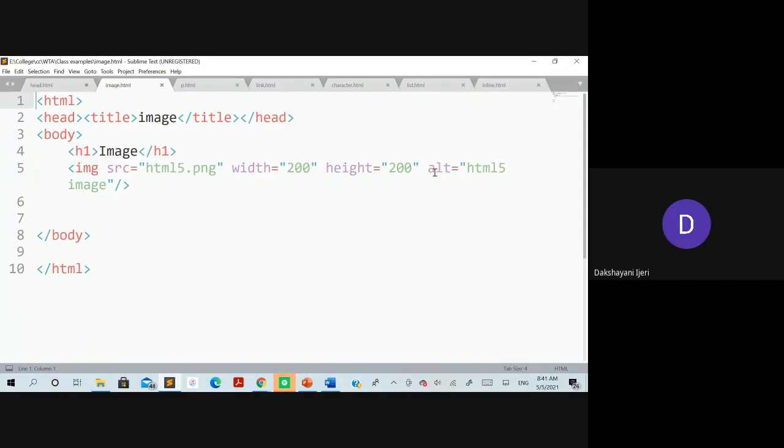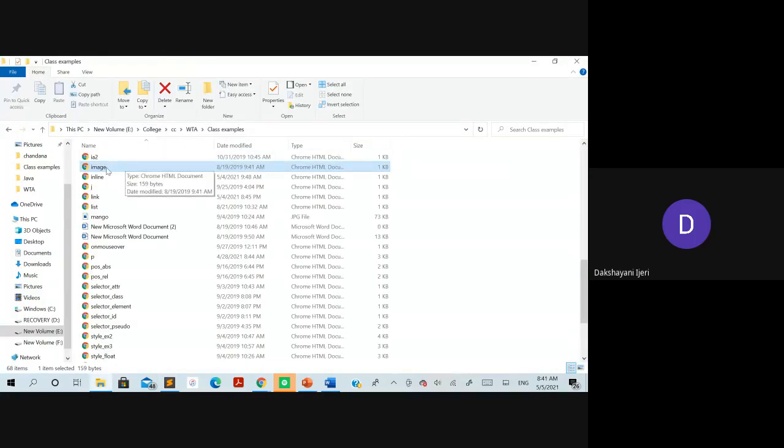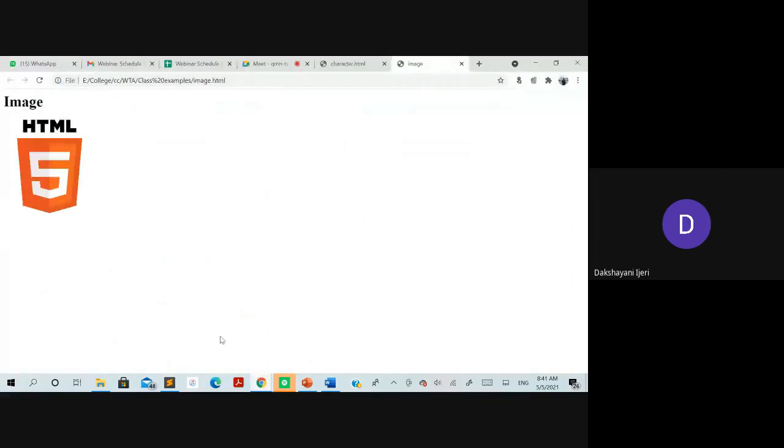So following that, as I told you, alt is used to specify textual information regarding that image. I'll run this program and we'll see how it is going to display. So this is the example here.